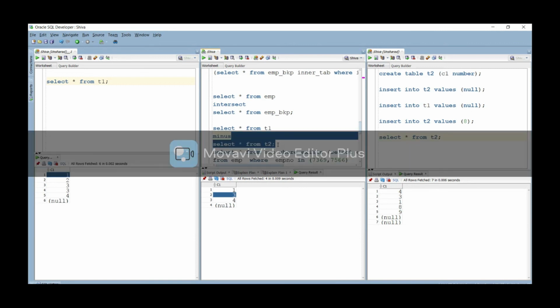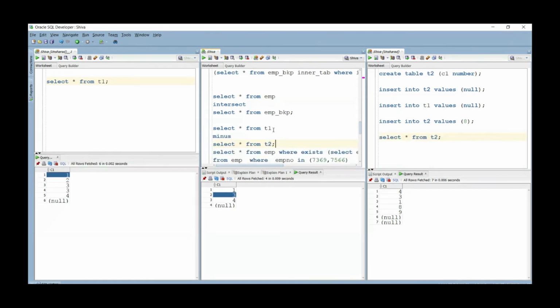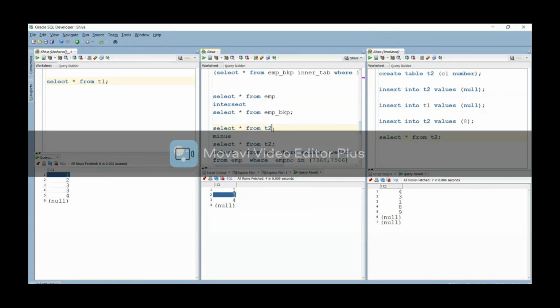In that case, you will use MINUS. How will you do the minus? Not from the master table, but today's table minus yesterday's table. We check today's table against the master transactions to see whether they are present in our table or not.